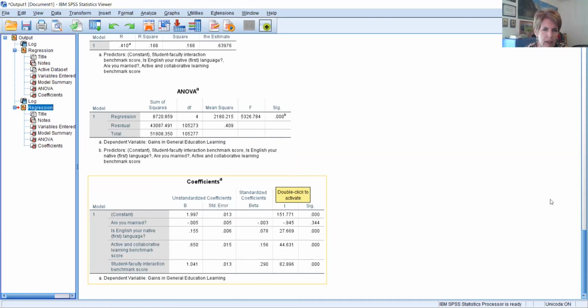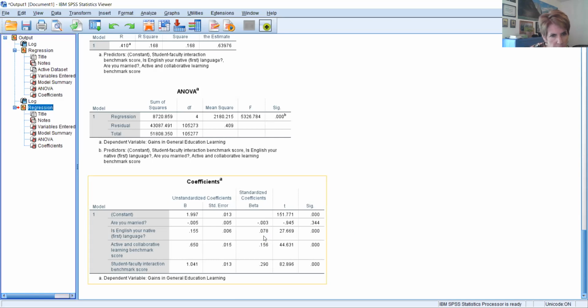And now this is usually what I think is the most interesting part, and that's the coefficients. We first look at this significance column and we say, oh, look at that. Everything is significant except, are you married? So married, we would say, we don't think married predicts gains in general education, but let's look at the standardized coefficients, the beta. And so is English your native first language? It's a kind of a small regression coefficient, but it's positive. So it says students who are English language learners,